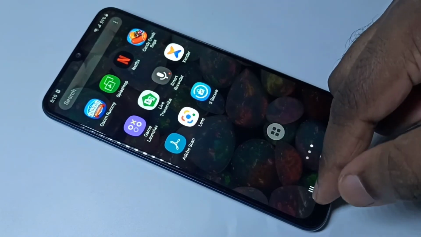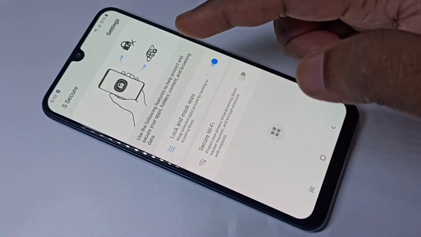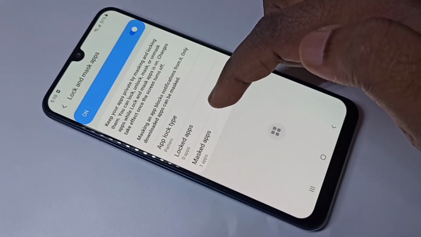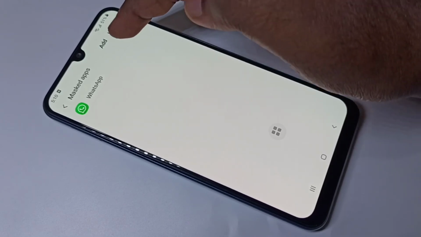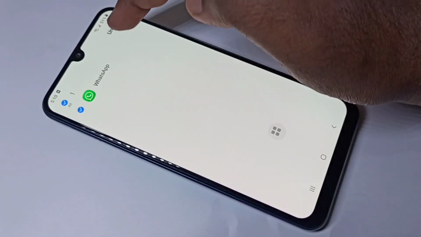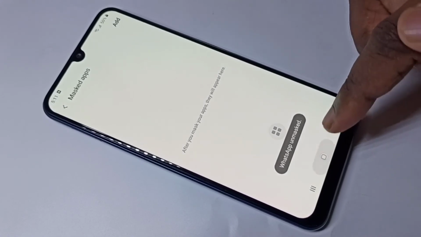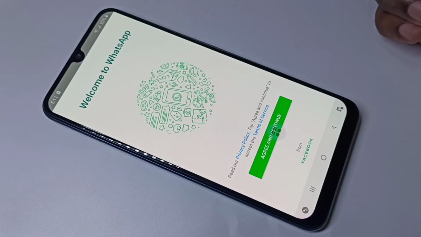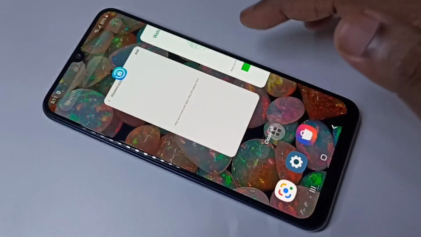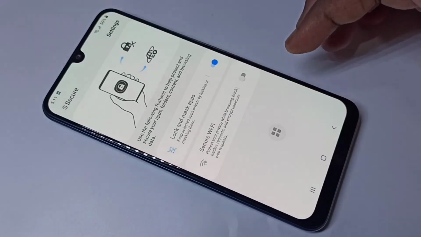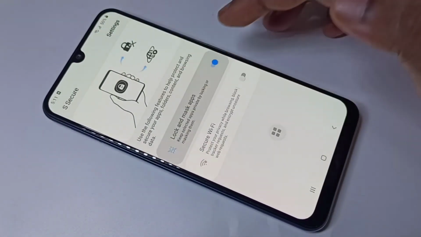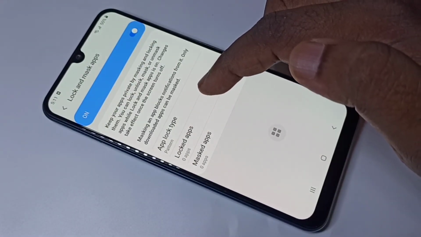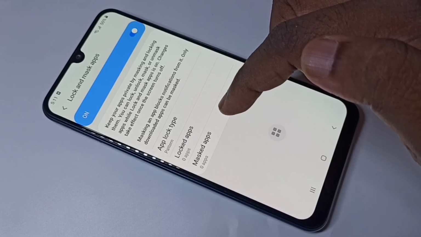If you want to open WhatsApp, you have to again go to this S Secure app, enter the password, then go to masked apps list. You need to unmask this app. After that you can see the WhatsApp, you can open it. There is no password in that option. It just hides the app icon. So these are the 2 options. One is you can lock app with password. Second one is you can hide the apps which you want.